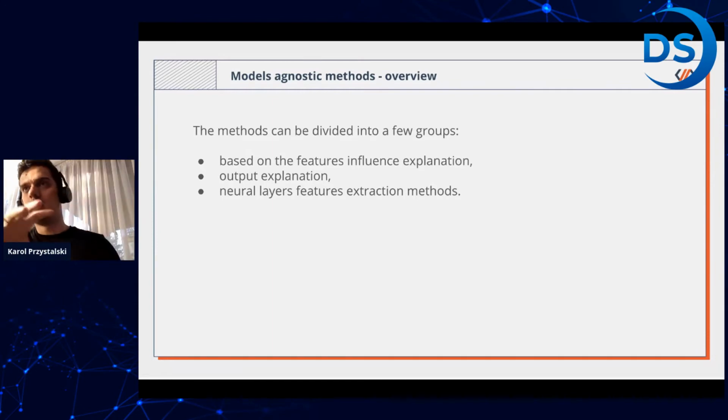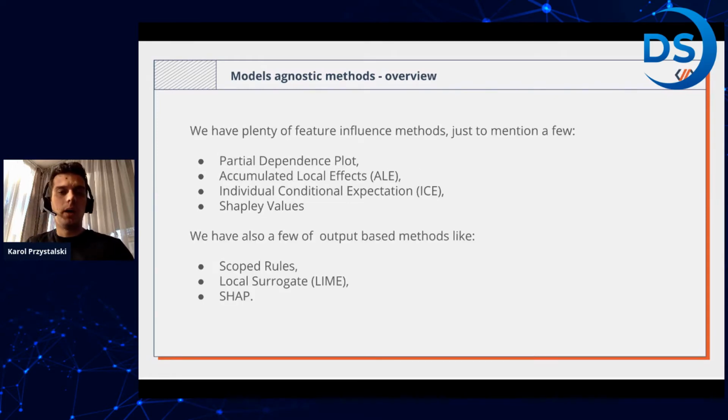So I showed you that list of numbers. Trying to explain these numbers is a very hard thing, but there are some types of neural network methods where it is possible. When it comes to the feature influence, there are plenty of different methods where you can explain the black box method just based on the features and the feature influence. There was a really nice book on that, on explainable AI. If you want, I can share the link after that. It's not my book, but it's a really nice one about model agnostic methods, where all of the methods are explained in more detail.